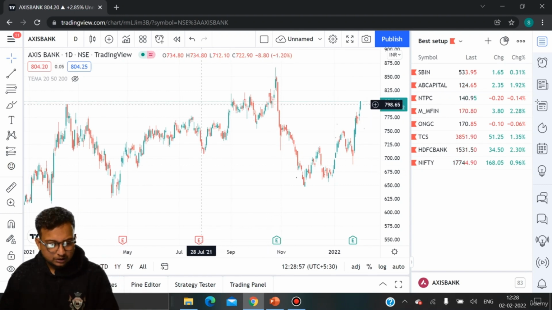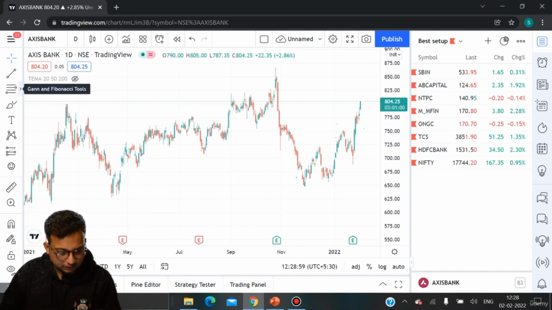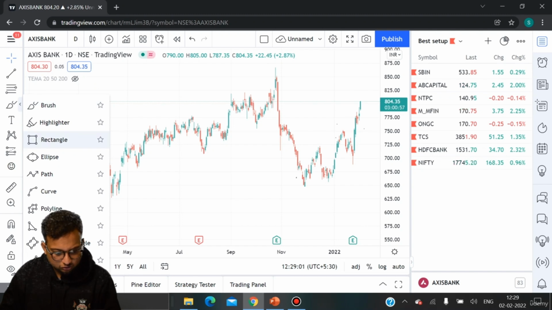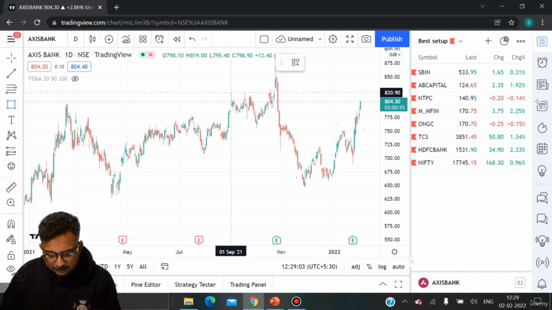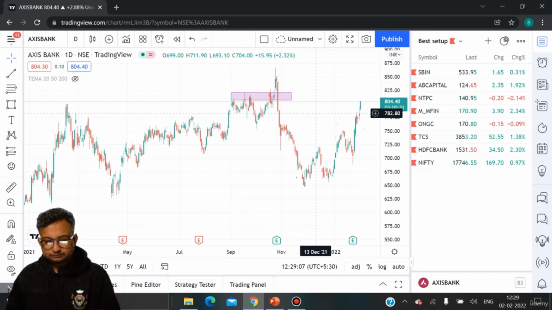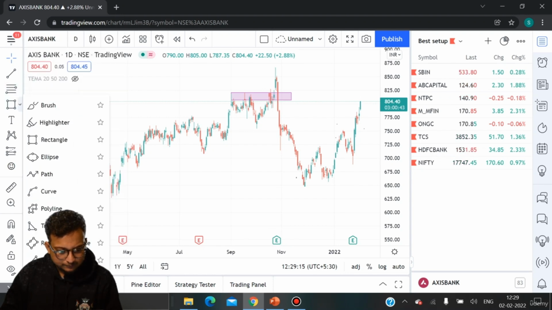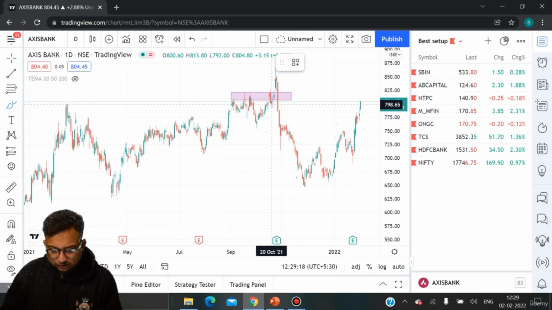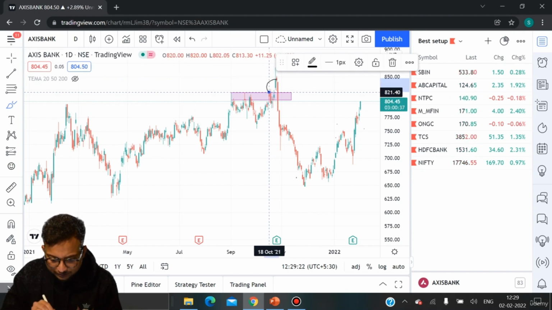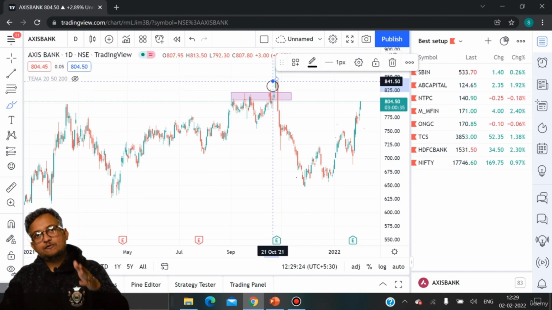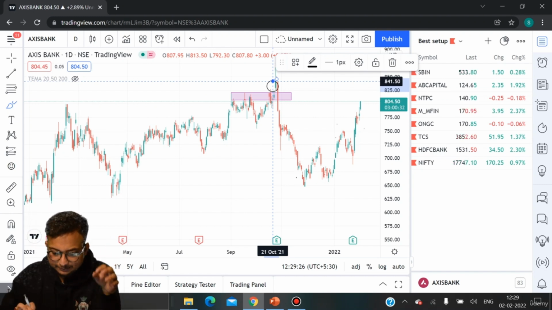Okay, let's say we have a very crucial example. This was a level, right? This was a level, and on the basis of this breakout, what will you do? You will go for long positions, right? But you see